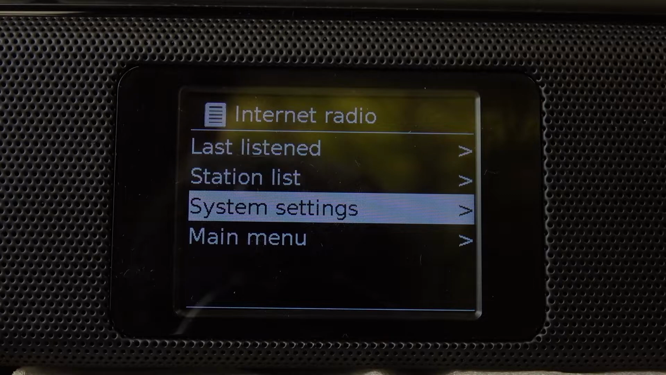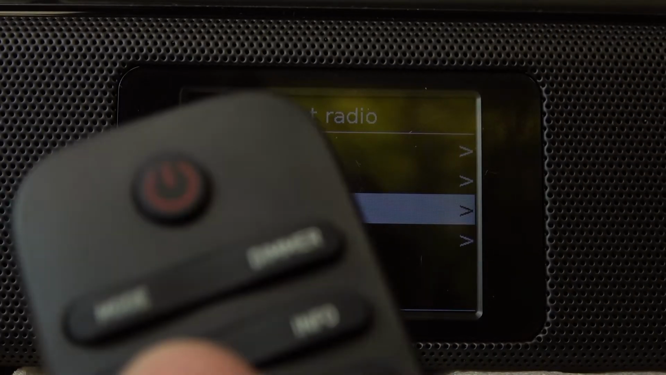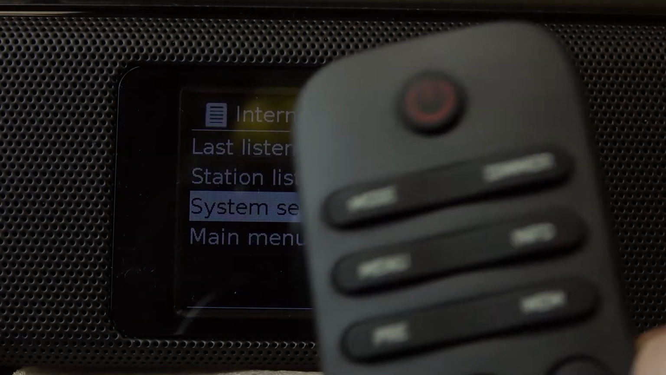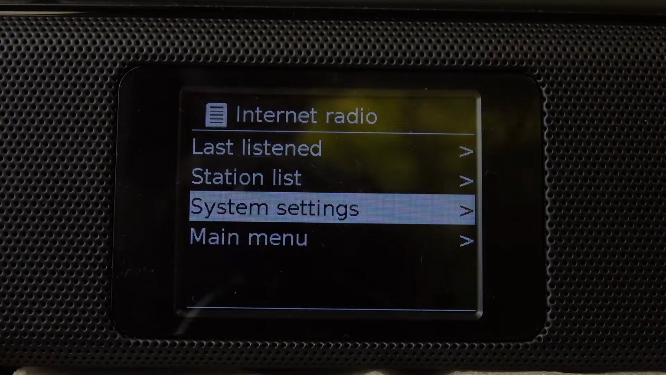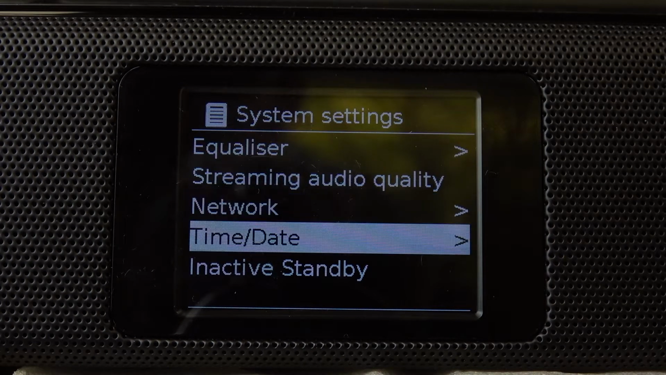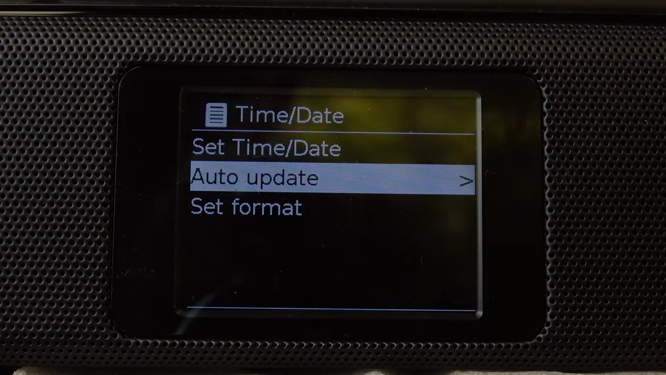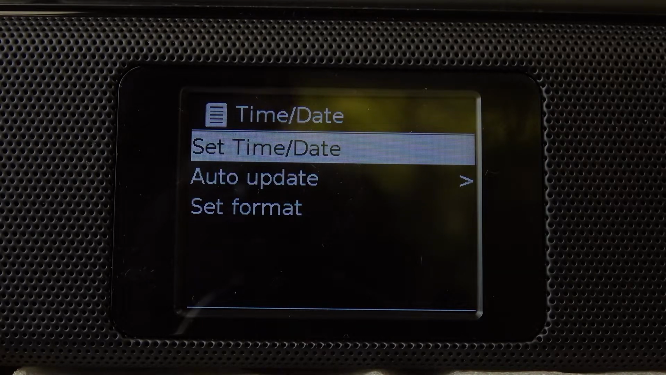So in order to do this, you'll need to click on the menu button on your pilot. It's right here. So let's open it. From here, navigate to the system settings. Open them. Now go for time and date, and right here you can either set up your time and date